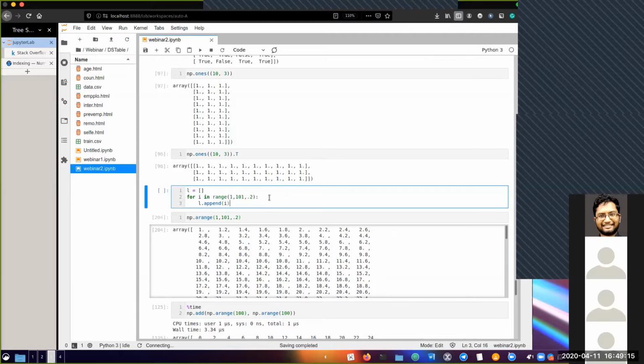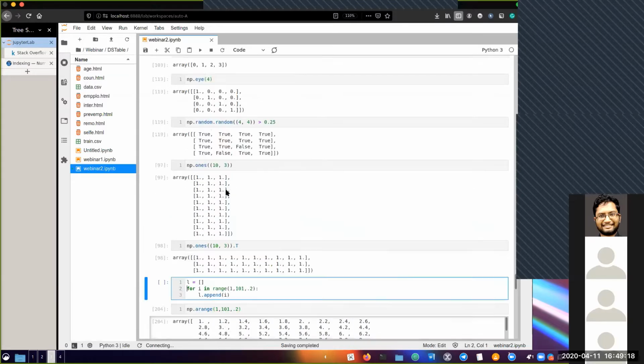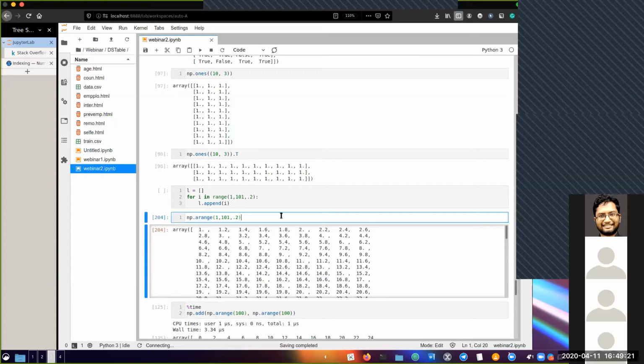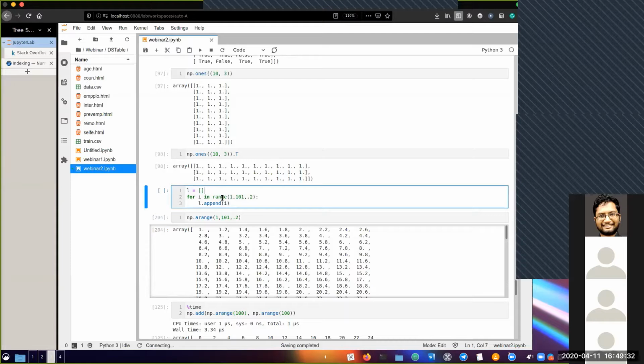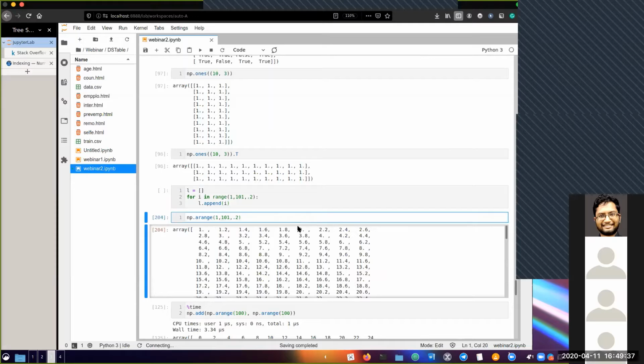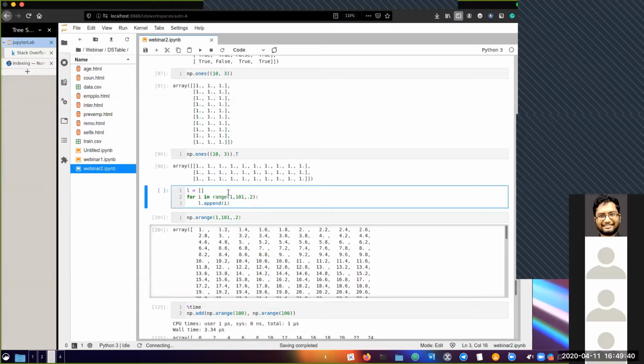Maybe initially it's fine. But for large lists, for something like maybe a million instead of 101, or even if it's more than 10,000, using a list is not a very great idea because it's slower. And if you have a GPU, I have a gaming laptop, so I have a GPU, it will be much faster for you to do the same computation using a NumPy array than a list. And plus, as I'll show you as I go along, there are many things which you can do very easily without having to write anything extra.